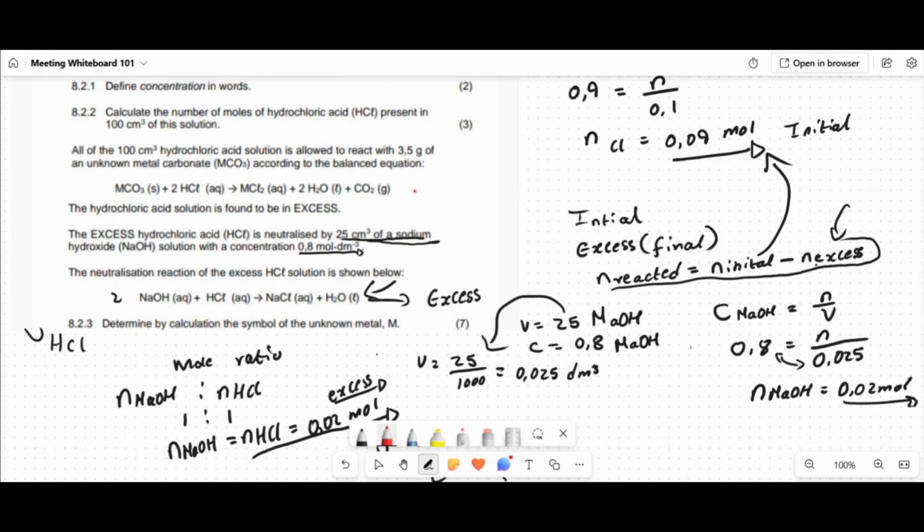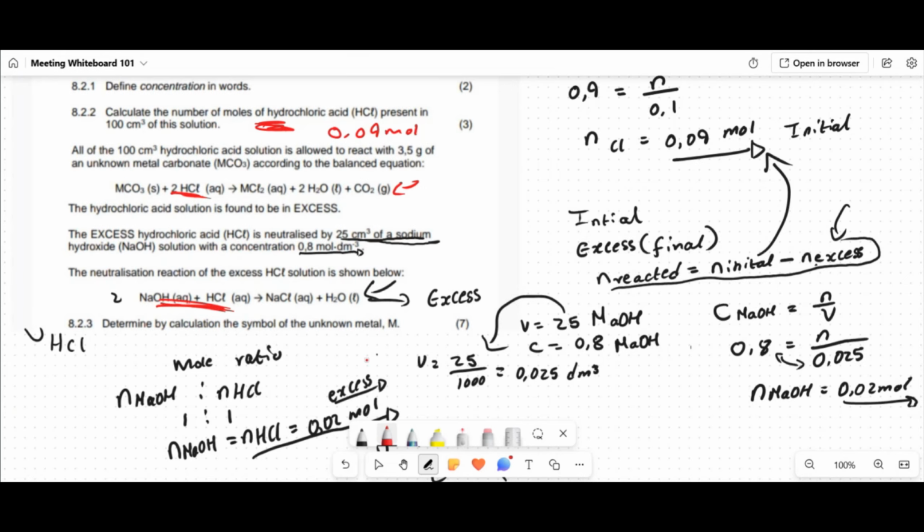Firstly, from this question, we had the initial amount, which was 0.09 moles. Those were the initial, right? And then we added 3.5 of the metal carbonate, and then the reaction was completed. We find that HCl is in excess, and then that excess HCl, we further reacted with sodium hydroxide and